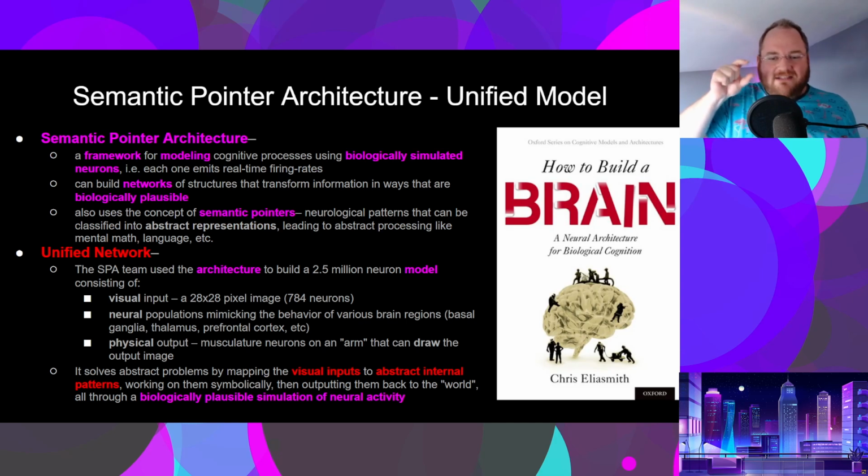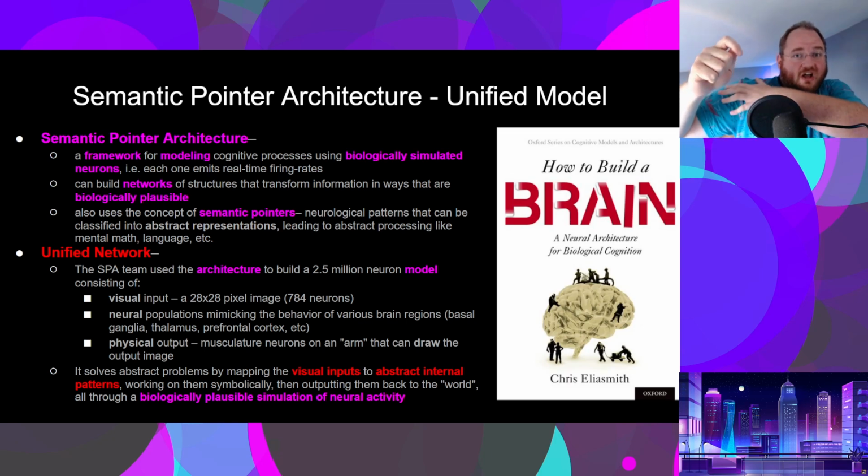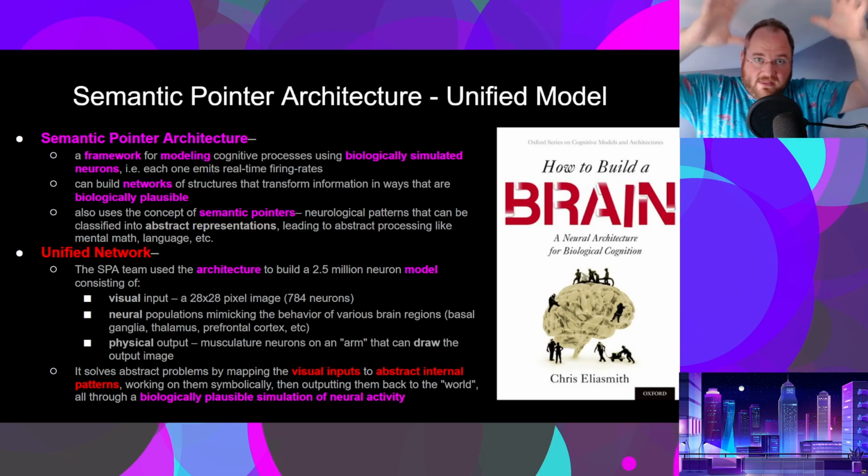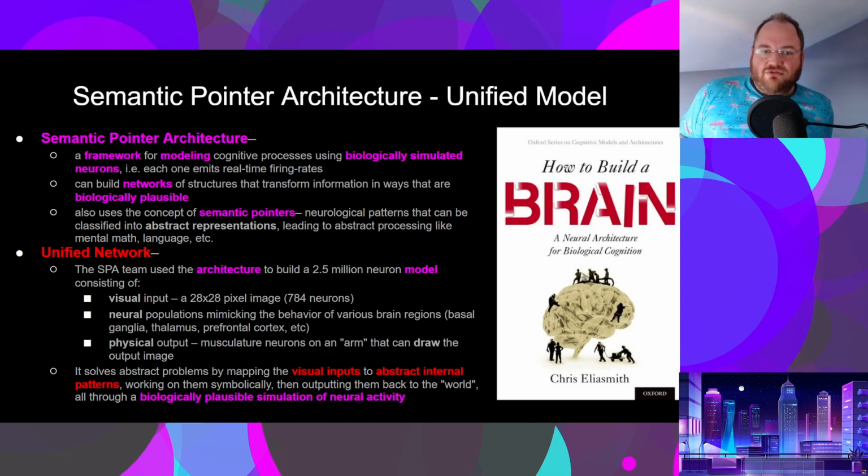So a tiny basal ganglia, a tiny thalamus, responsible for transforming information in ways that we have found in biological research that make it fit. And then finally, a physical output system where they simulate the neural activity of muscles to make a little fake arm draw the answer, right? It's still all simulated, it's still all within the simulation, but it's able to draw the output in real time. So it solves,